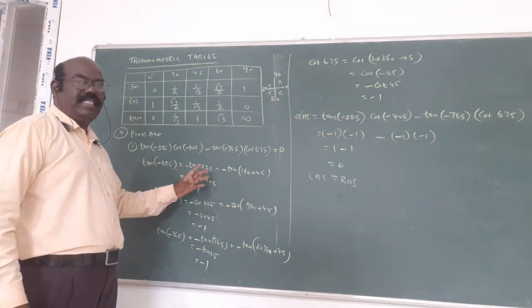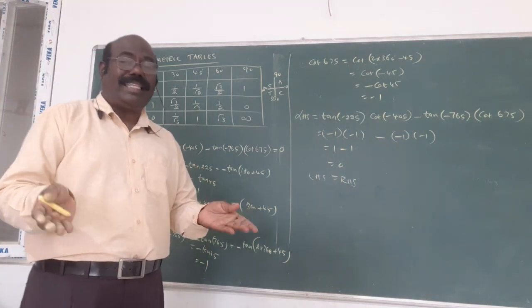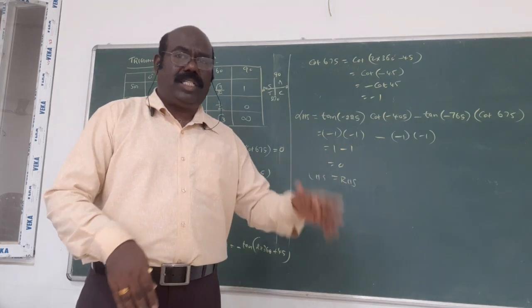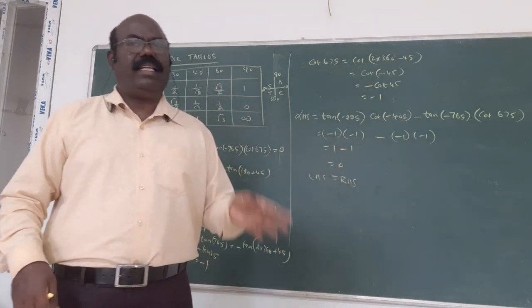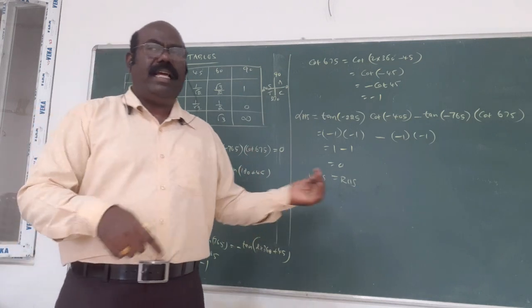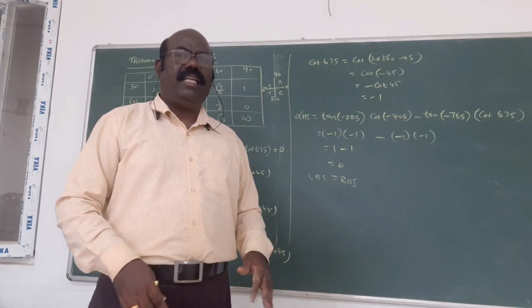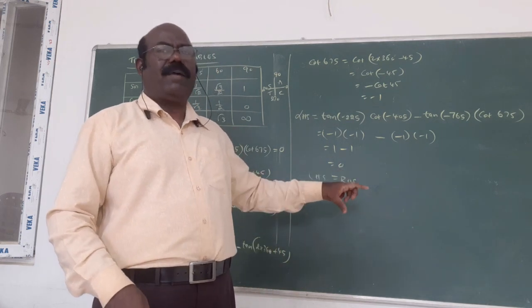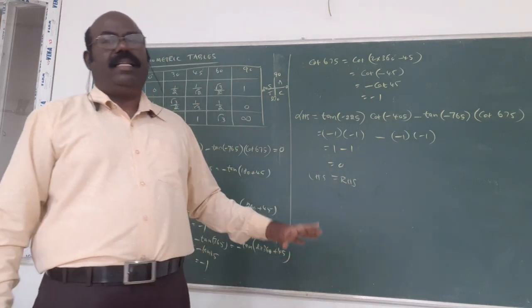When angles more than 90 or more than 360 come in, you will write the angle in terms of 0 degree, 90 degree, 180 degree, 270, 360. Then only you decide whether it changes or remains unchanged. By using that idea, change or unchanged. Then see which quadrant it lies in. Depending upon the quadrant, you will put the negative side or positive side. So small idea, this important idea.